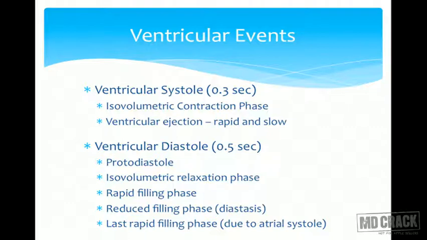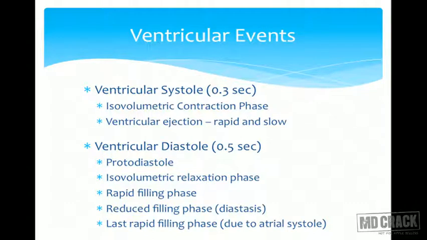So what has happened now? The AV valves have closed once the ventricle has started contracting. And what is the situation of the ventricle now? The AV valves have closed, and the semilunar valves are already closed. The ventricle is contracting as a closed cavity. So if the ventricle is contracting as a closed cavity, there will be no change in the volume. The end diastolic volume, which is about 120 ml, will remain constant, but the pressure will rapidly increase.